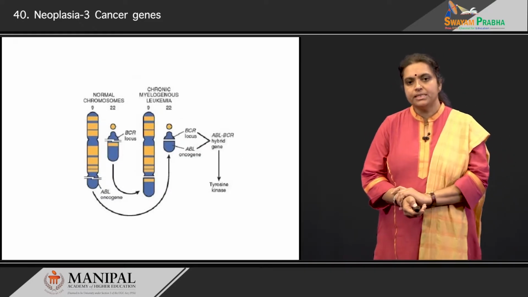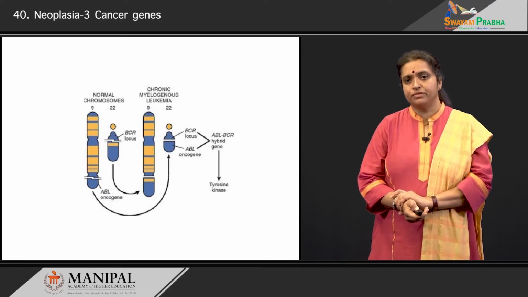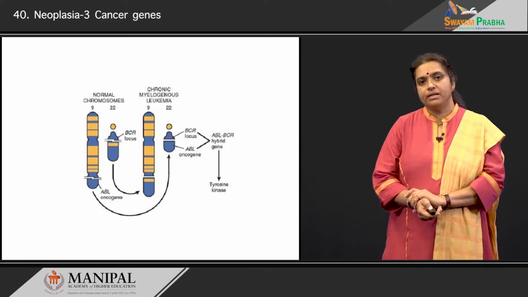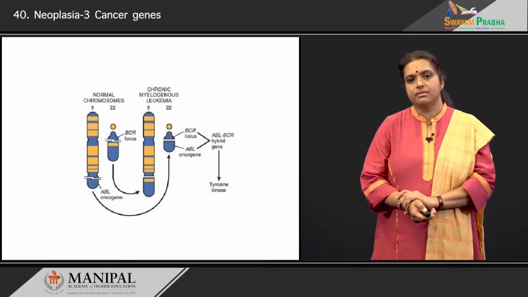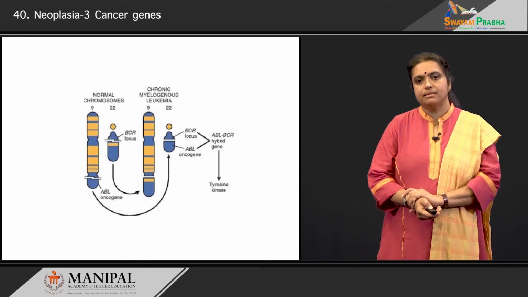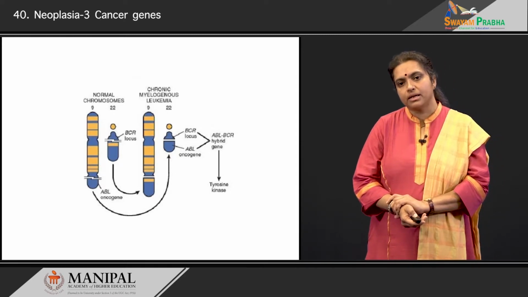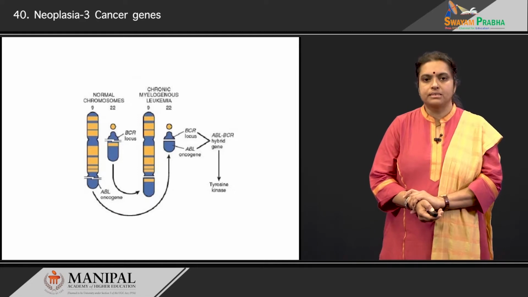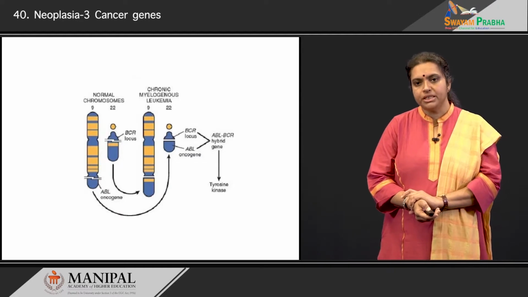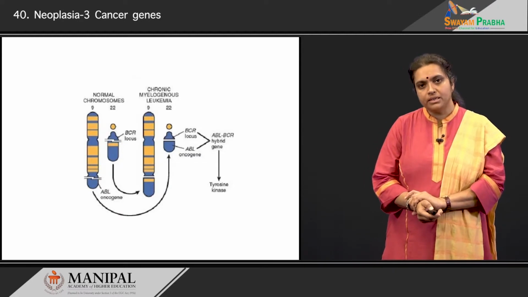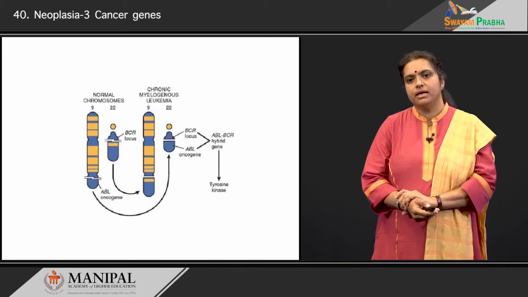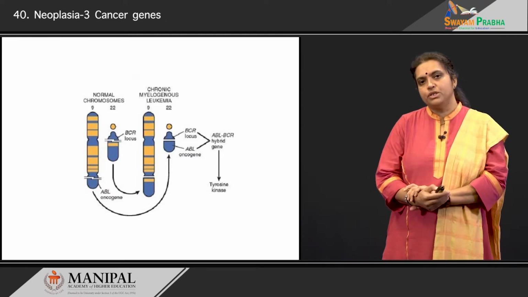The second situation is that of what we see in chronic myelogenous leukemia, or CML, what we call the Philadelphia chromosome, which is nothing but a translocation between chromosome 9 and chromosome 22, which places the ABL gene present on chromosome 9 next to the BCR locus that is present on chromosome 22. And this hybrid of the two genes will form a tyrosine kinase with an enhanced activity. So, there is more tyrosine kinase formation, and that will be an altered tyrosine kinase which will drive the cell